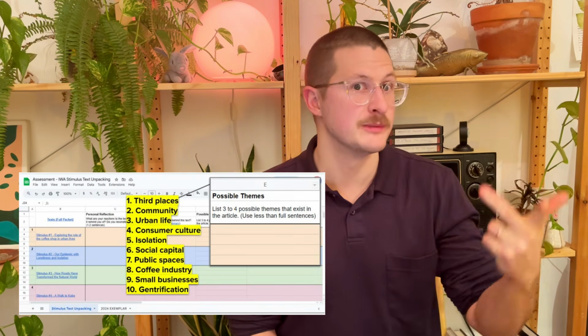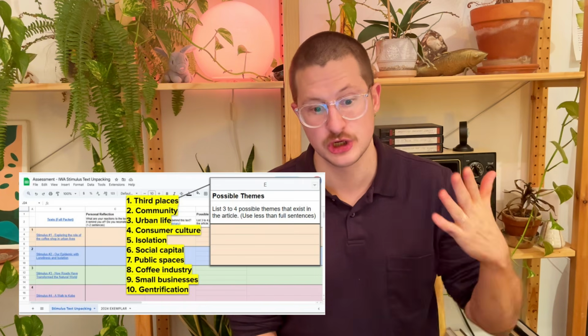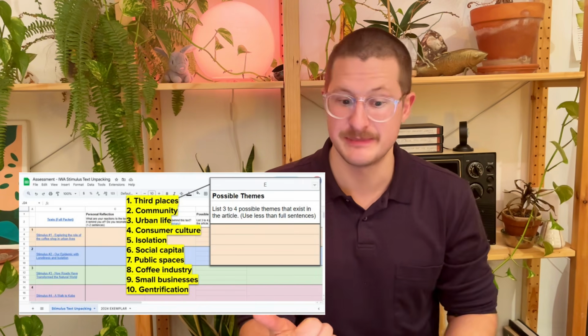Ultimately, a really interesting article. I think there's a lot of themes that you can see emerge here. I'm thinking themes like third places, community, urban life, consumer culture, isolation, public spaces, even gentrification. So one thing that I like to do with my students is immediately tease out these possible roles. And if you would like to see how I tackle this,